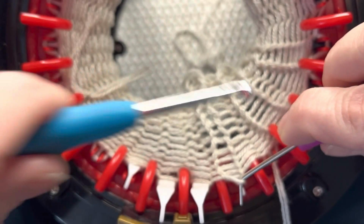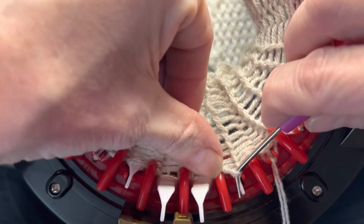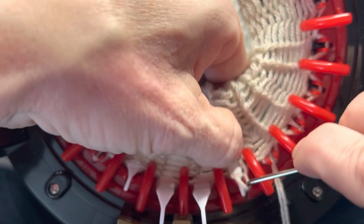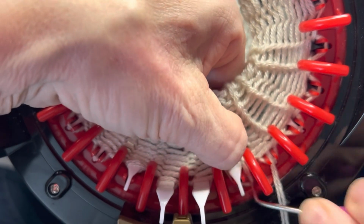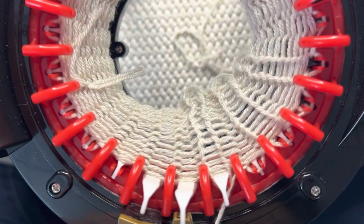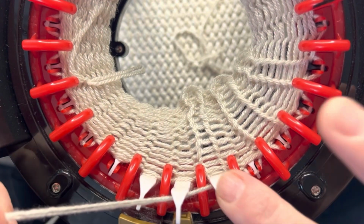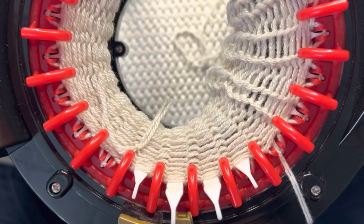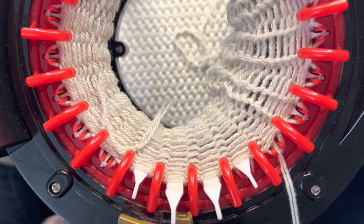Pick, there we go. Remove that. Pop that down underneath that divider and this one under that divider. And that gives me the slack I need to put those loops, that loop over those 2 red teeth. Then I'm going to unwind my yarn and I'm going to knit the stitch I just did and the next one. Okay. And then I'm going to repeat the process until I get all the way around to the end,